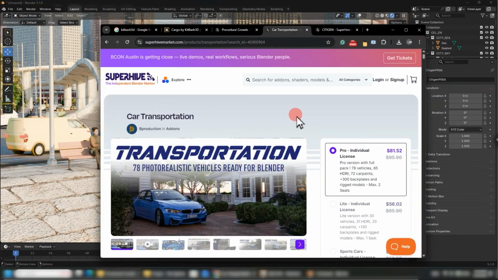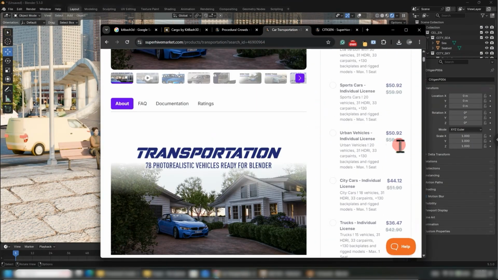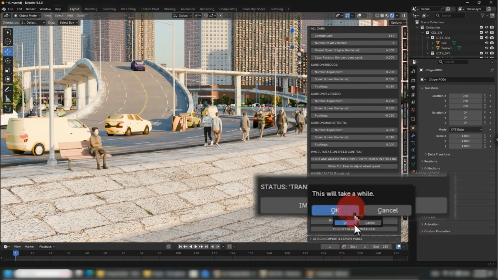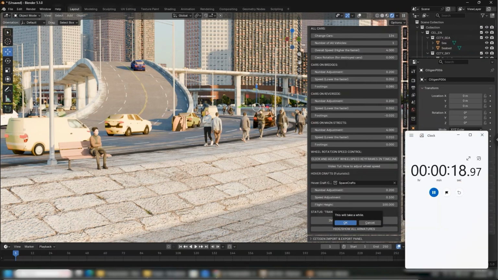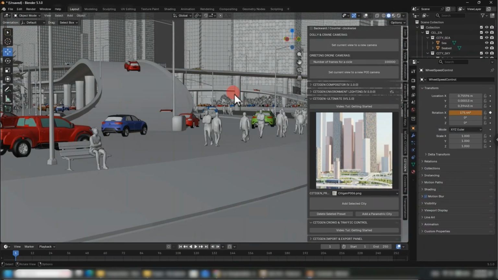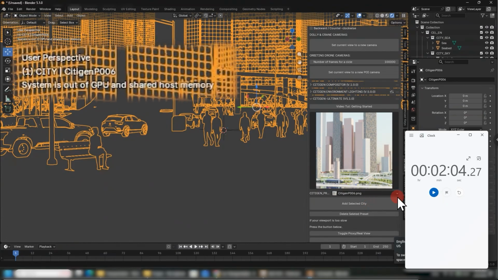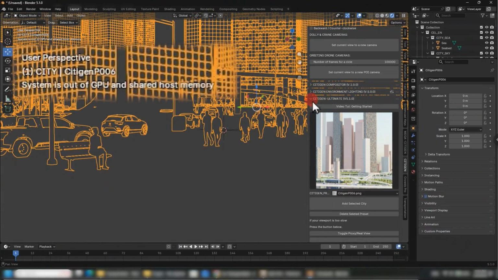Importing cars from the Transportation add-on is far simpler. Just click the dedicated import button. Citigen will show it when it detects the add-on installed. The downside of using the Transportation add-on is that it's not optimized for mass simulation, although it has low-poly versions of the car assets. As a result, users with no more than 16GB of RAM might run into out-of-memory error in